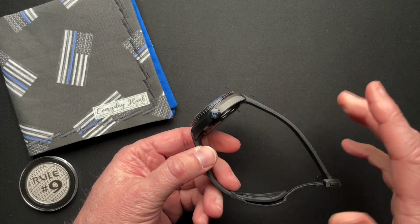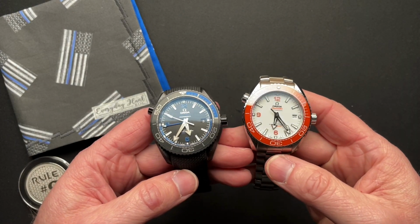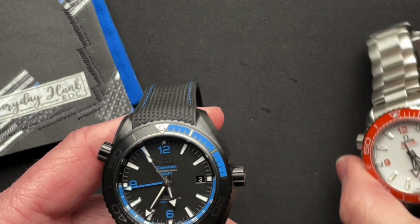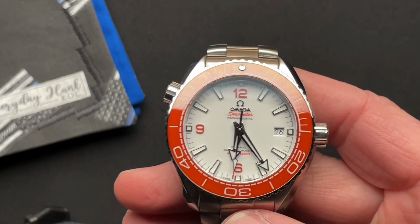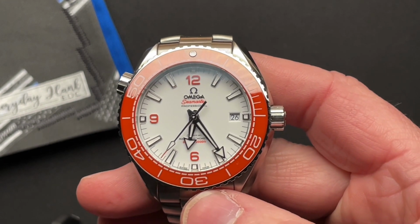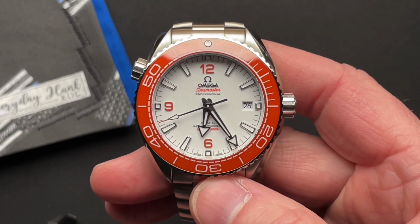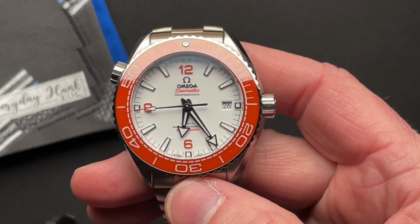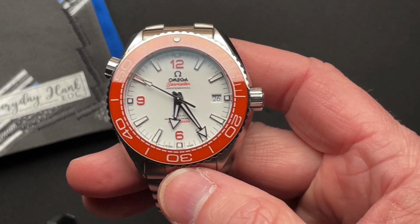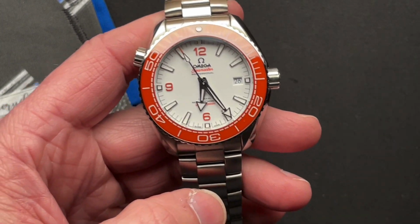And I wanted to talk a little bit about why I bought it, even though I currently own this other Planet Ocean. And let me zoom in here, see if that helps a little bit. So I've owned this one and I've done a video on this previously. And I actually did a video that compared this to the SMP 300 diver. And that video actually got a ton of views. So I'll link down below that video because I don't know, that one is my second or third highest viewed video. So even though I owned this one, which is not the right date, not the right time, because it's just been sitting in the watch box,